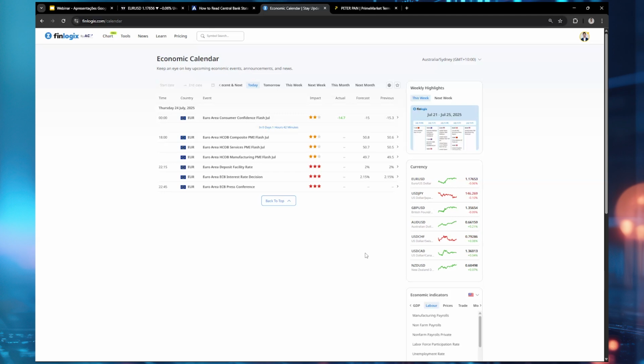Okay. Now, the only way that I would trade the ECB is if the ECB surprises the market. And what I mean by that is, if we have the forecast, as we know, at 2.15%, and the ECB comes at around 2%, as I say, it's very odd for them to do a 15 basis point cut, but if it comes at 1.95, that is a 25 basis point cut. Comes at 1.90, that's going to be really, really bearish for the euro.